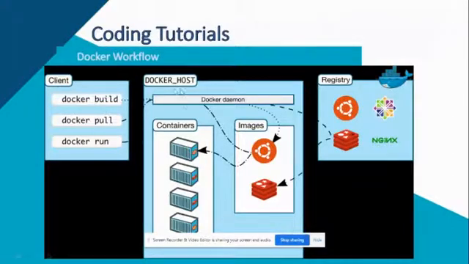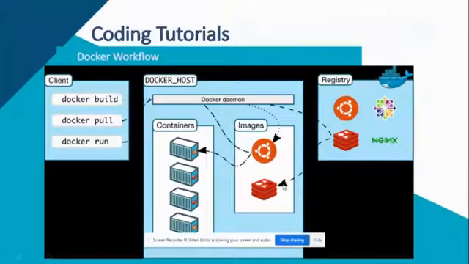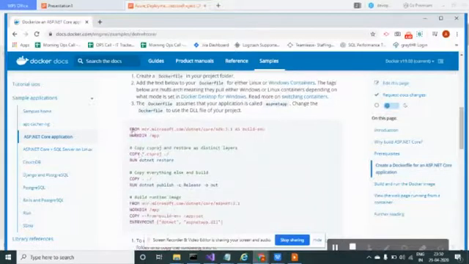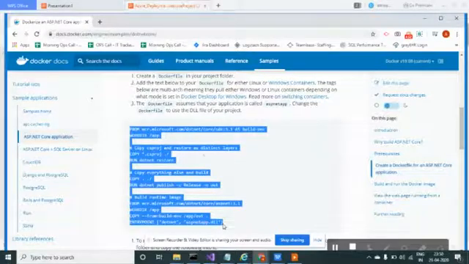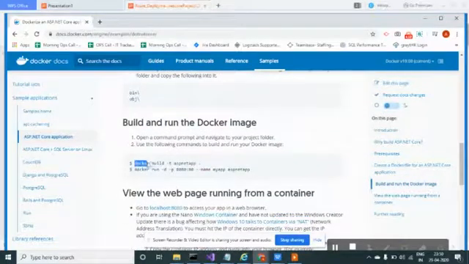First we'll build an image. Once you have a Docker file, I'll show you the Docker file now. This is my Docker file. Once you save this as a Docker file, we will give a name to it to build it. See here, I'm building this Docker file.